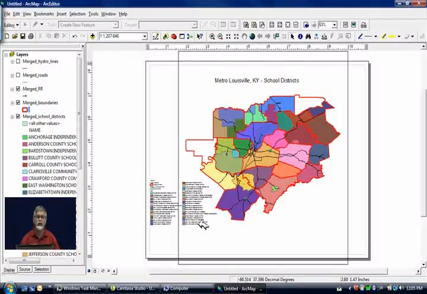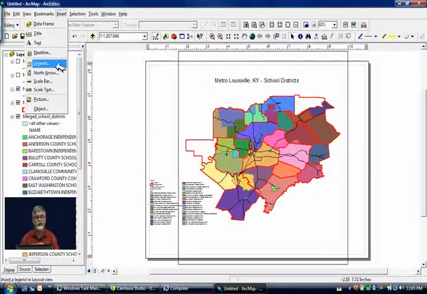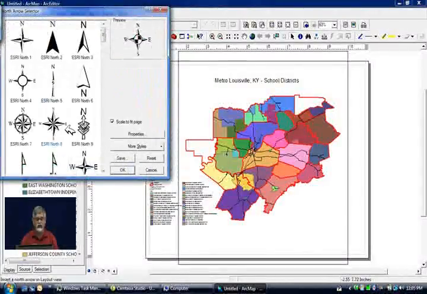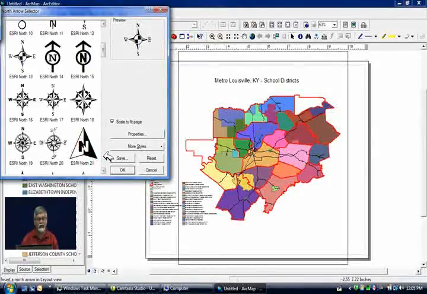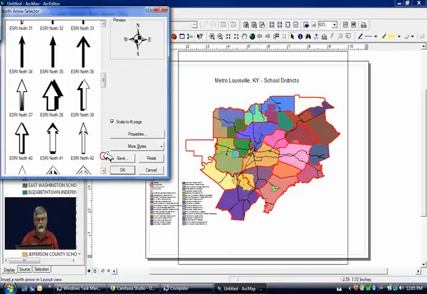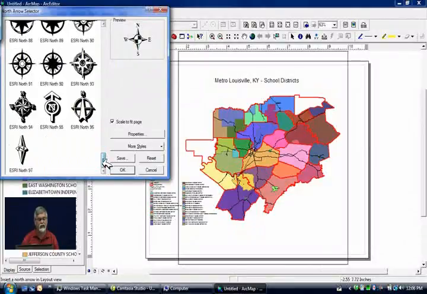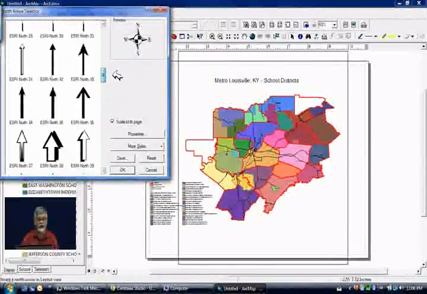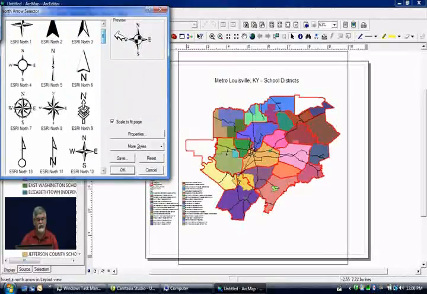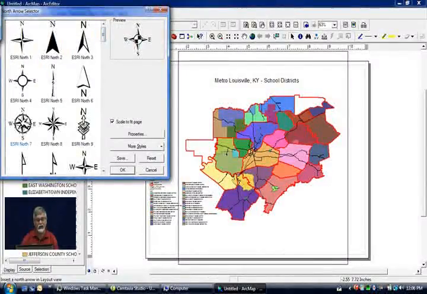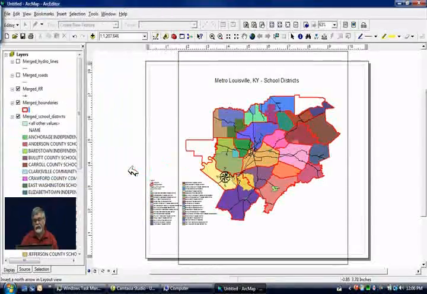The next item we need to put is a directional arrow. Again, we go to Insert, North Arrow, and it gives me a ton of different types of directional arrows to use. There are some that you might like better than others, and you can see all the ones that are pre-programmed here. Some may be too fancy for what you're doing, others may be too bland for what you're doing. I'm going to use this one called North 7, and all you do is click on it and say OK. It puts it down here in my map, and then I need a location for this, and to me